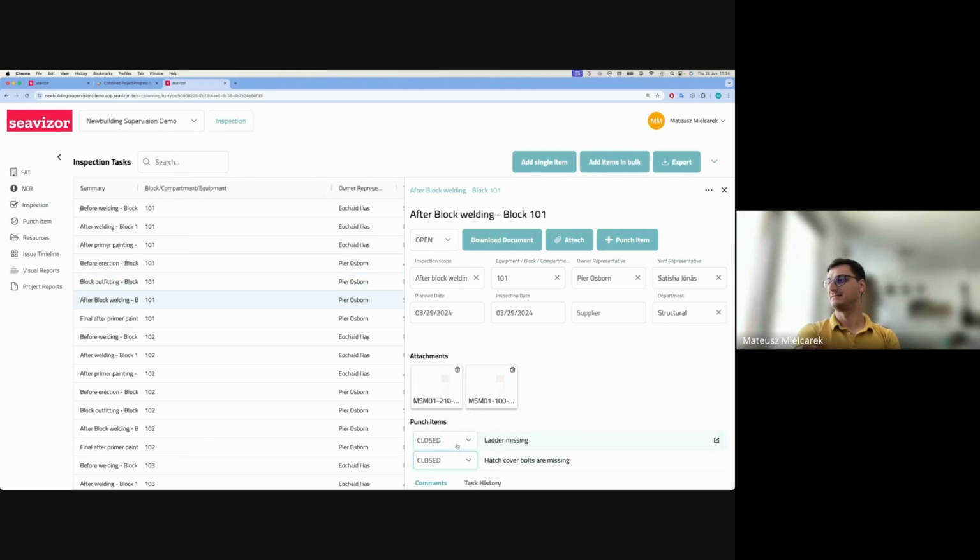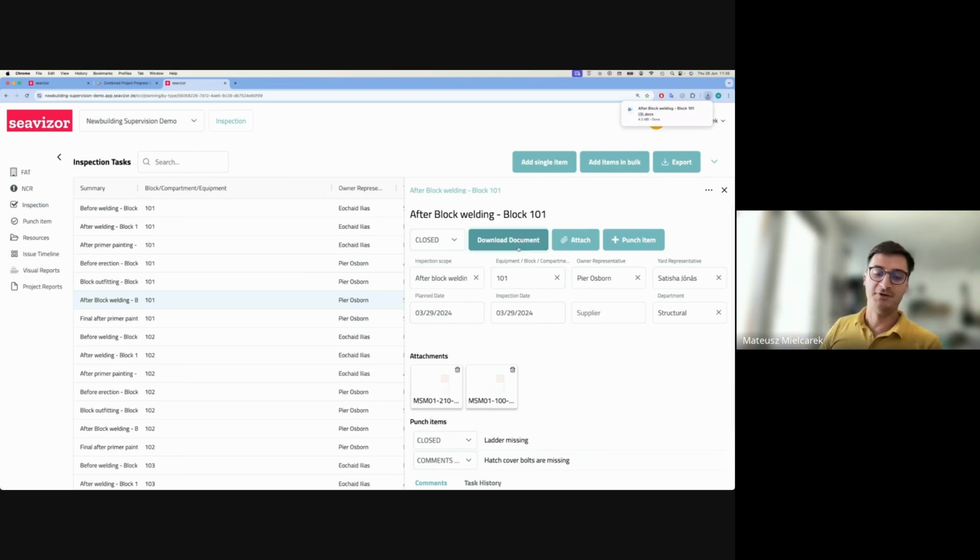Let's assume that this is closed because we added another status that would indicate that we solved this later on. And then we assume that our entire inspection has been completed. And then we would like to, and this is very common as far as we learned from our clients, this is very common that some kind of a paper document needs to be created in that case, especially for handing over to the shipyard. And now what kicks in is our document templates feature, which allows you to configure,